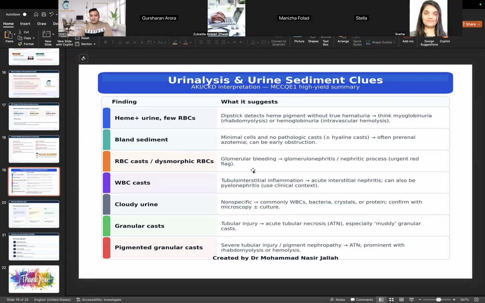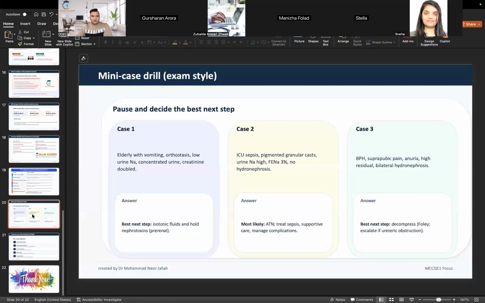RBC cast: glomerular nephritis or dysmorphic RBCs. WBC cast: usually acute interstitial nephritis. Cloudy urine is very non-specific, commonly WBC, bacteria, crystal, or protein, confirmed with a microscope plus culture. Granular cast means tubular injury, and pigmented granular cast means severe tubular injury, pigment nephropathy. Remember this, memorize it. Now, I give you 3 cases because we are dealing with the 3 types of acute